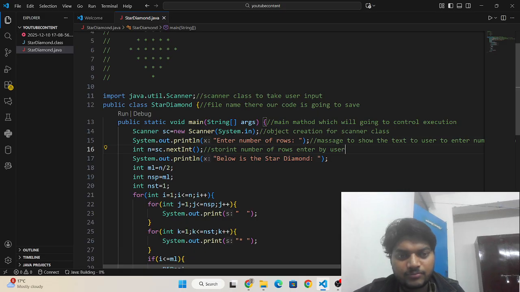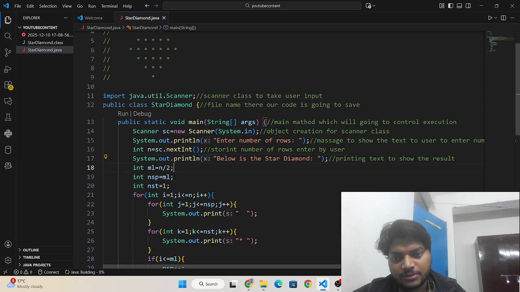Okay, here we are printing text to show the result.